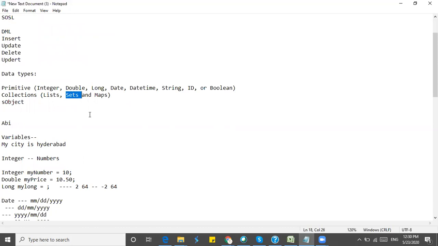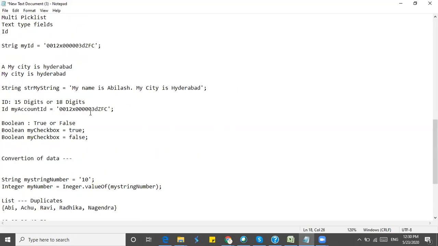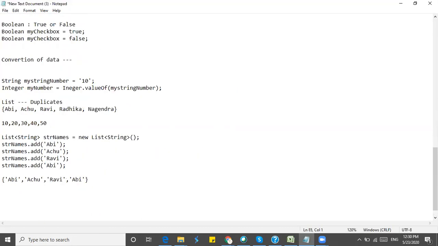But if I say sets, then it will not accept duplicates. So it's the same as a list. A set will not accept duplicates. So let's say we create a set also. We have some annotation, same as a list. Set of